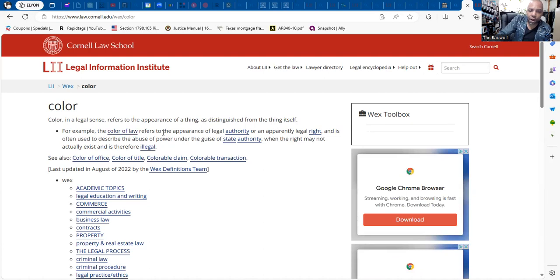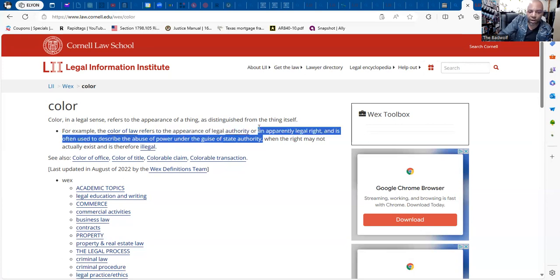For example, color of law refers to the appearance of legal authority. This is what I just said. Somebody operating as if they have complete legal authority, or the apparent legal right. And it's often used to describe the abuse of power under the guise of state authority. So they're telling you right here that these police officers operating under state authority can either abuse their power, or they're trying to have the legal right when they don't have the legal authority,